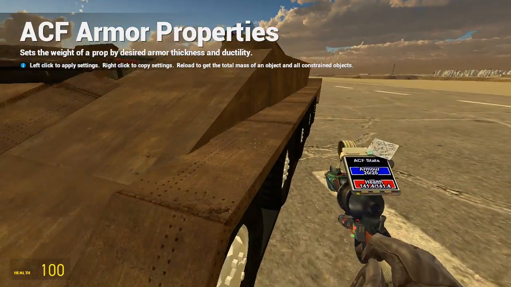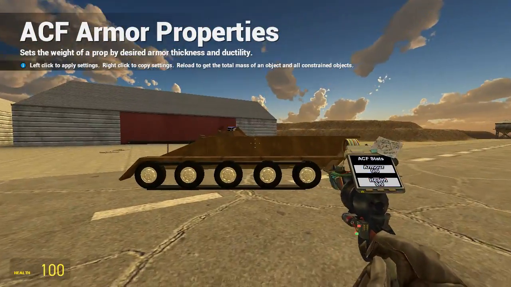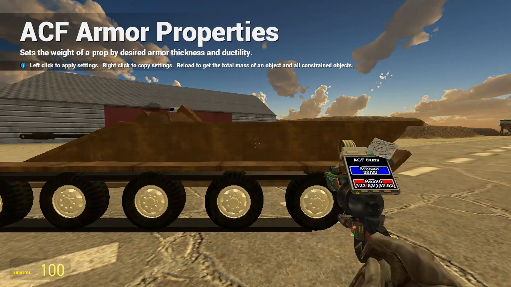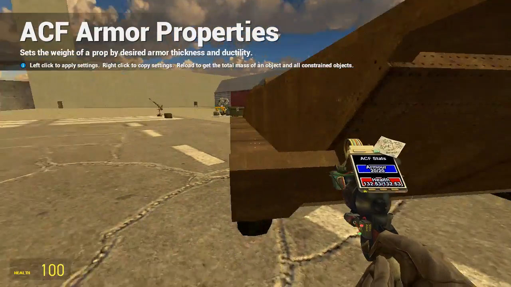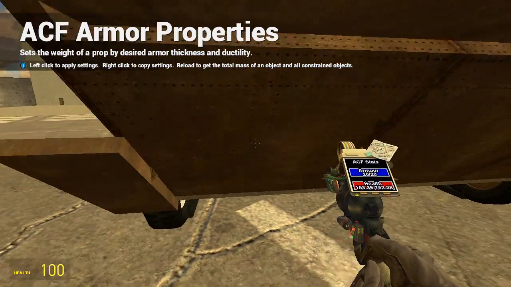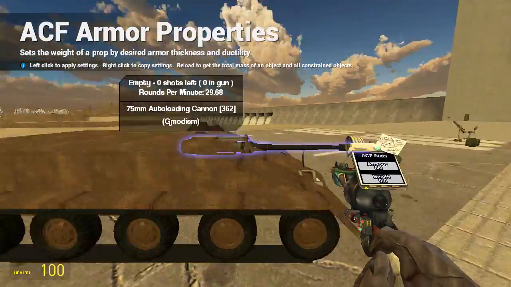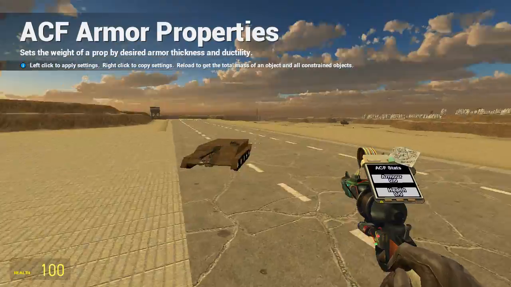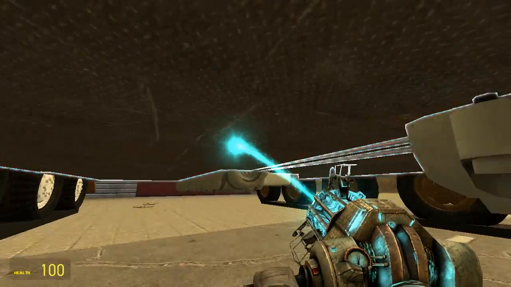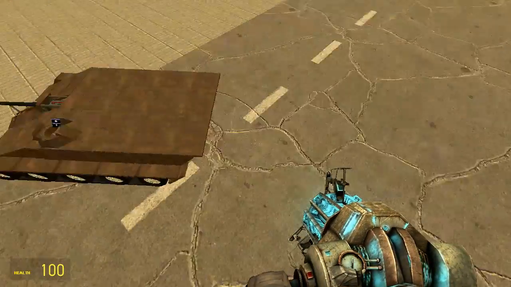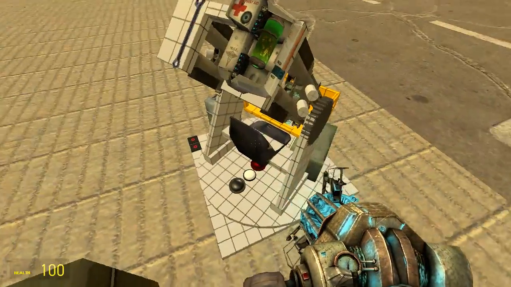Here we have an armor of 20, the same as the top plate. The side plates are also 20 and also have some health, but the side plates are not meant to get hit right on. This is only meant to be defended against machine guns all around, but on the front, it's a front battle tank. So that's some of how to armor stuff, but we will be testing the wheels with this